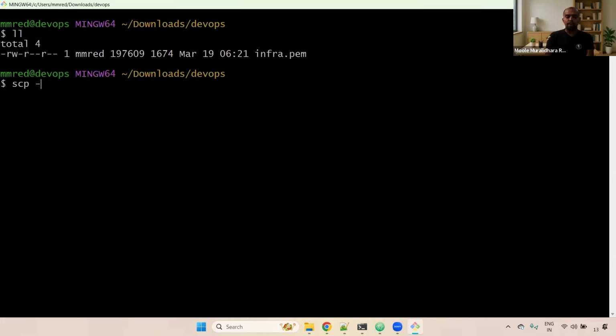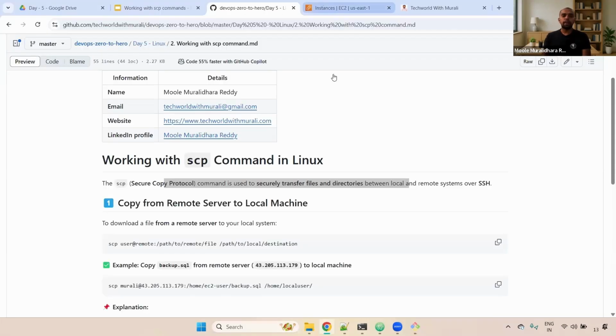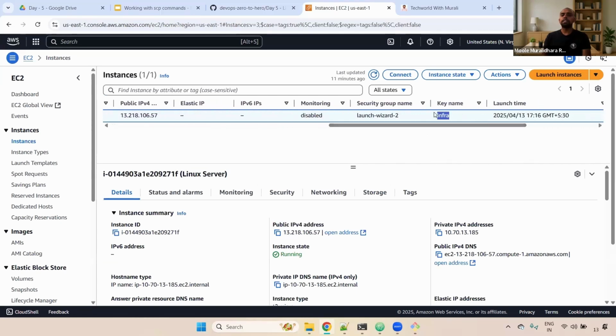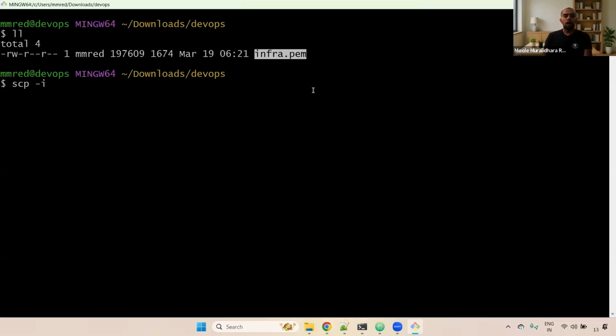-i is nothing but the identity file, and here you need to provide your PEM file. Here, my PEM file is available. Which PEM file do you need to provide? You need to check it here. This is my EC2 instance, and if you check here, the key name is infra. So I'm going to give infra.pem here. Then you need to give EC2-user